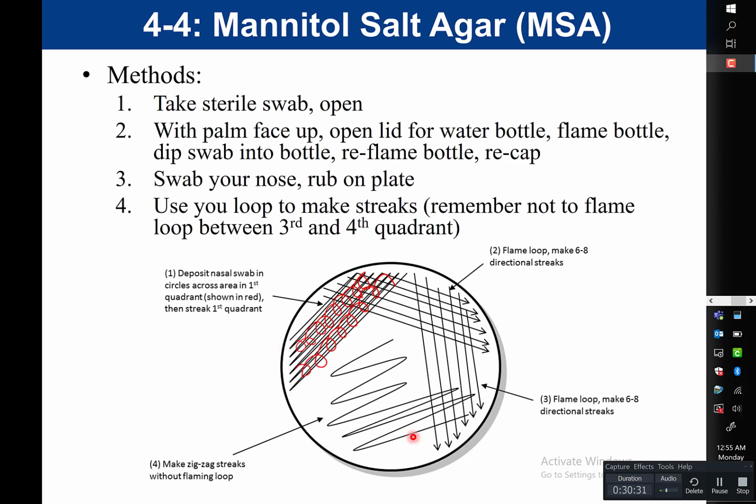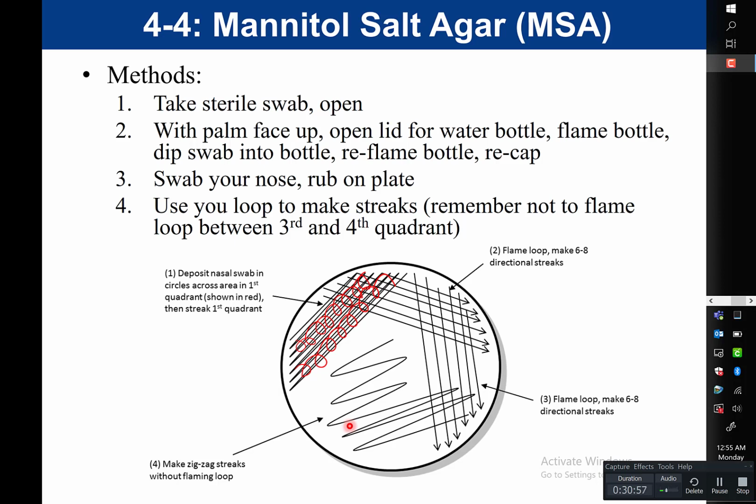And so this is going to lead to our streak plate. And this streak plate, again, is going to contain bacteria from the nasal passage. And so we would have this plate. After we would inoculate it, then we would put our lid on. We would take that plate, put it agar side up in the incubator, in the 37-degree incubator for 48 hours.